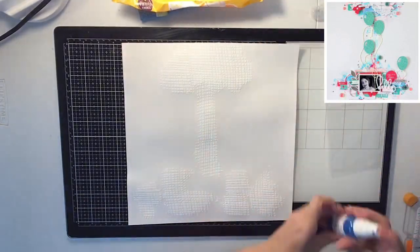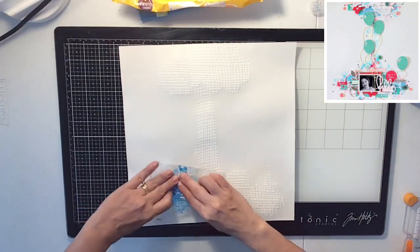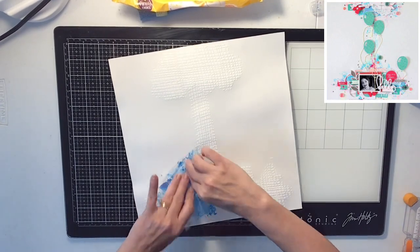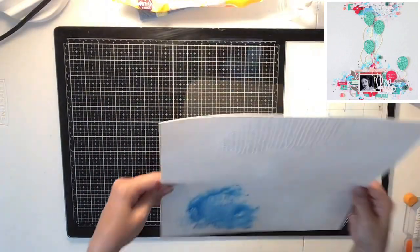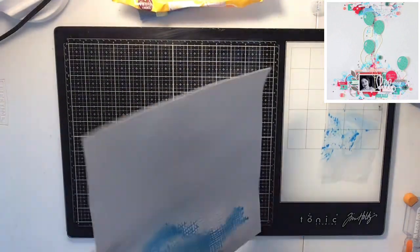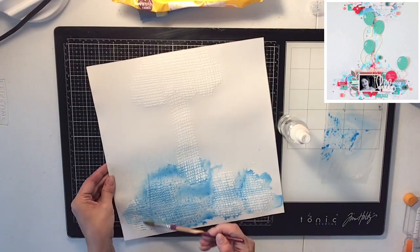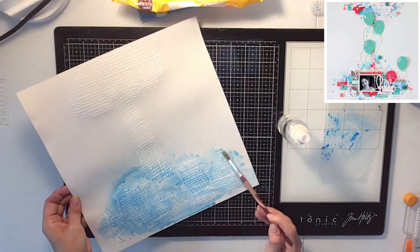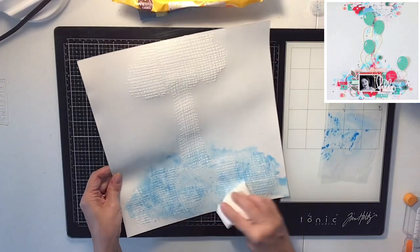And now I'm going to use this shimmer spray. Got it a long time ago in a Hip Kit Club. And it's Heidi Ho Blue. And what I'm doing is going in and doing the packaging technique because I kind of wanted to get it where I wanted it. But then it was too dark, so I squirted some water on it to make it lighter. And the good part of when you use clear gesso, like I told you, if you prep your page, it makes it so much easier to make these colors run and just lay on the top of the paper. They don't seep through, and you can wipe them up, make them lighter, dab them with the paper towel, or you can use a